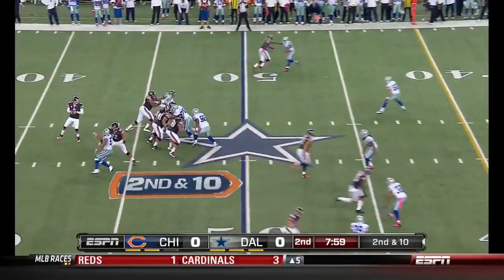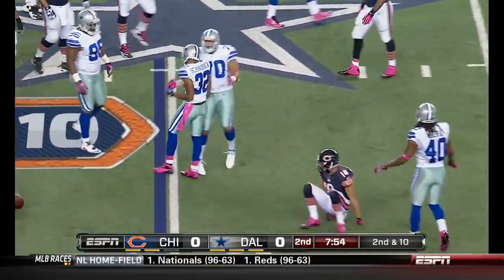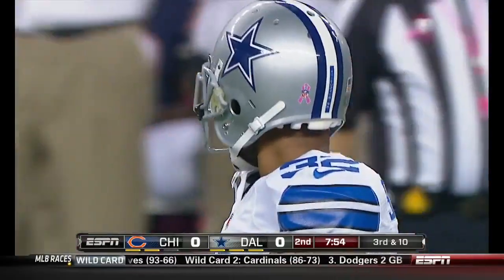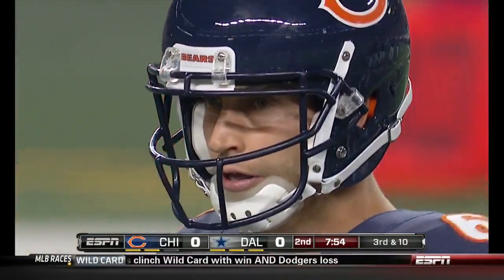Claiborne in the West, LSU. Second down, Sanzenbacher, who's active tonight because Earl Bennett is out. And Orlando Scandrick, who's the nickel corner, breaks that one up. It'll be third down. All these corners are first-round draft choices. Claiborne, Jenkins,